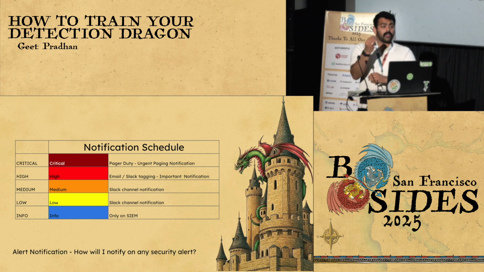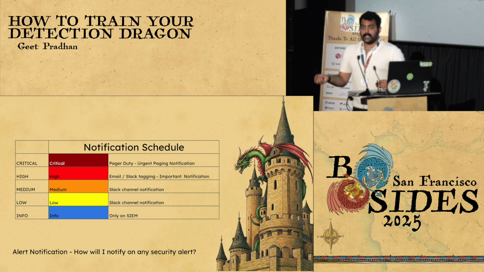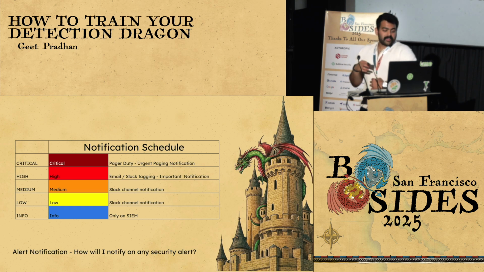Now, if there's a critical security event, a security alert that gets hit, we page. So PagerDuty is a great application that we use personally. It's great for paging. If it's an important notification which doesn't need me to wake up in the middle of the night, it's on Slack and we tag the person who's done it, and there's a couple of really cool features. Now, medium, low, we also use Slack channels, but we're not explicitly like, hey, look at this, look at this. We're not waking up our detection and response team. And if it's an informational, we're like, hey, we don't have the time to deal with this, unfortunately, right now.